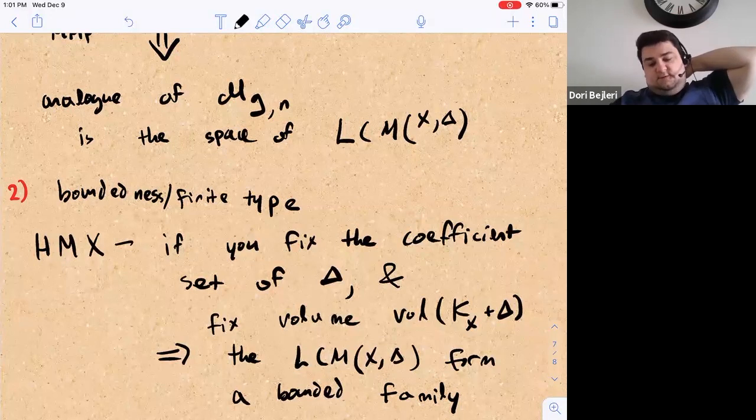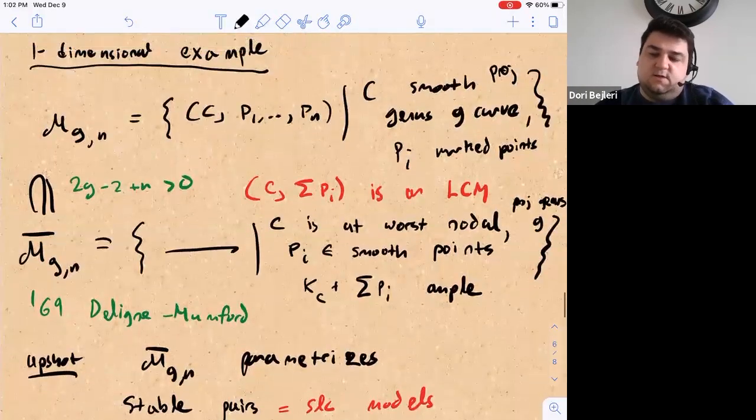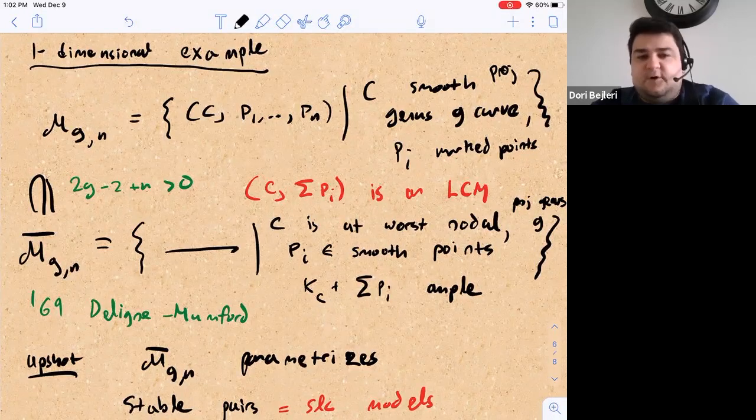And this is quite a deep result. I should say, how do you see this for curves? For curves, what do you do to get boundedness? Well, what you do is you say, well, I have my log canonical divisor, it's ample. And now you can use Riemann-Roch and Serre duality to show that some fixed multiple of the log canonical divisor induces an embedding into projective space. If I have a fixed multiple that's uniform, that doesn't depend on which particular curve and which marked points I've picked, then